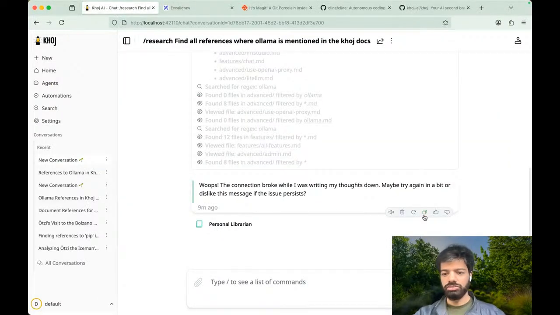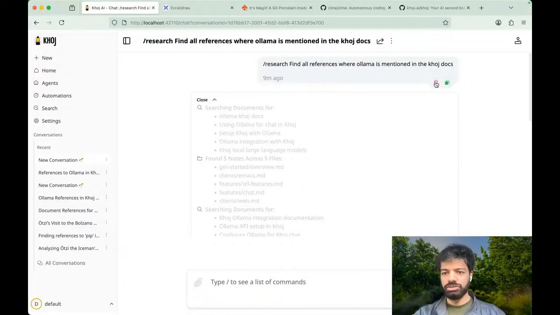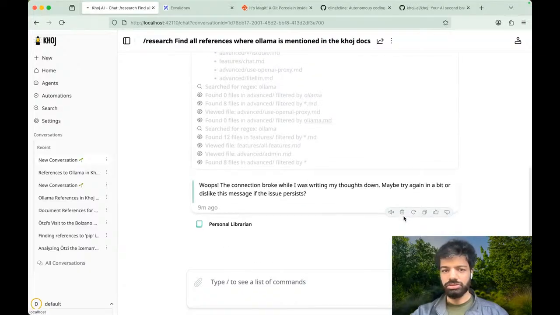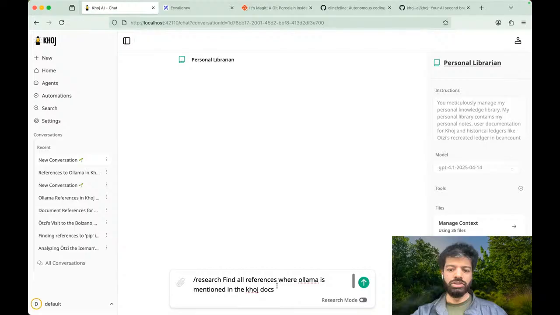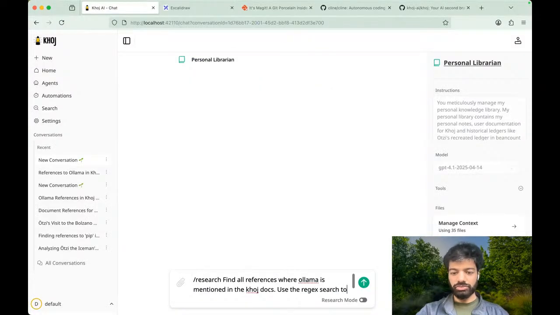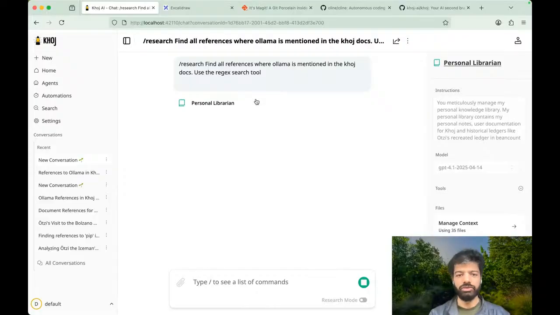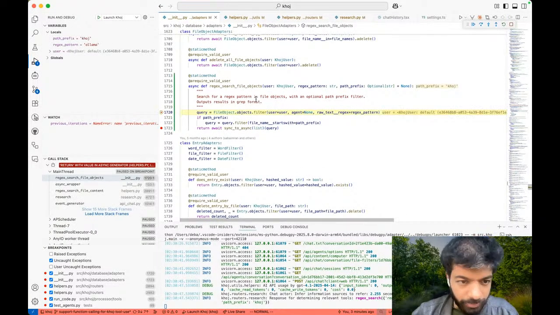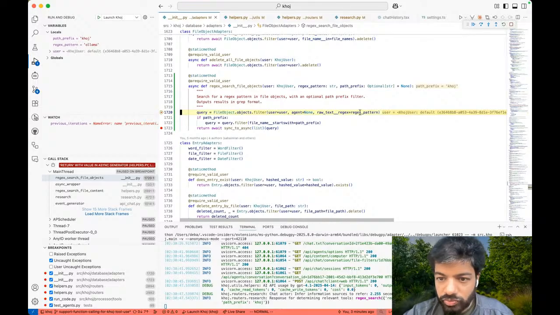And then let me just copy this guy, delete this guy. It's not there already. Okay, it's not there. And then try again. And then I just want to check. Should I just let it do its thing? Use the grep tool. Use the, what was it called? Regex search tool or something? No, regex search tool. I'm explicitly telling it to use the regex search tool so that we can verify. Okay, so this is fine.